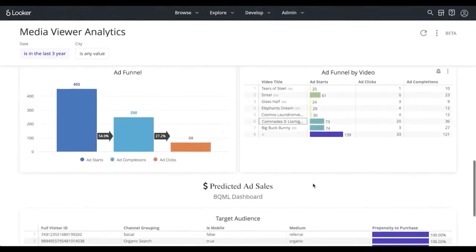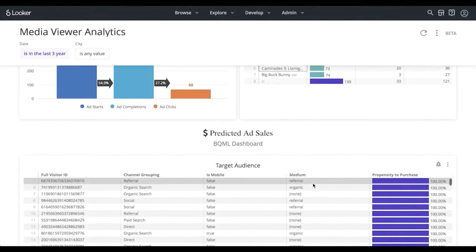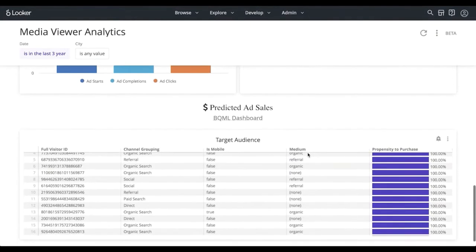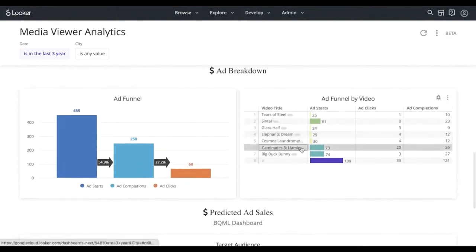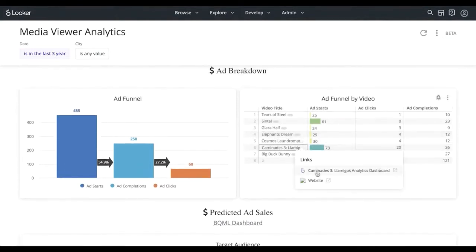Now, if we scroll down on this dashboard, you'll see we have some ad-specific information, and then we have some predicted sale information based on some BQML information that we'll get into in a little more depth. Now, at any point, if I want to click on these 3 dots next to any one of these chart or video titles, I may want to get a better understanding of how one of these video titles is actually performing. So what we've learned here at Looker is dashboards are great for telling you what's going on within the organization, but you may want to take a deeper dive and understand why there is that trend or why that